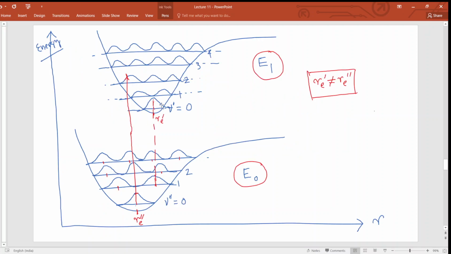Okay, so here, for example, you see this graph on the right-hand side, this particular red line. Here you see the peak of this curve appearing at the R_e prime value. However, if I go down, then I see that there is another peak of this chi-square curve appearing here.